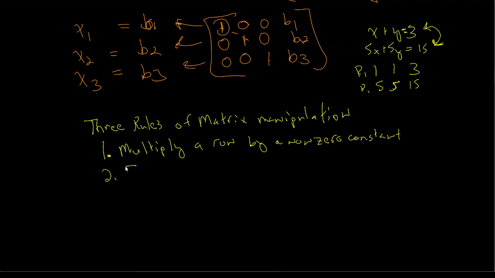Two, we can interchange two rows. And that's the same as if I had 2 equations, writing one before the other. The order of the equations does not matter for a system, so the order the rows are in does not matter. And 3, we can add a multiple